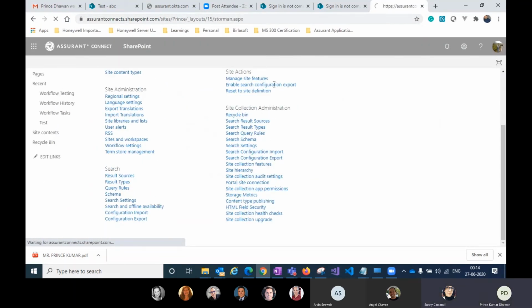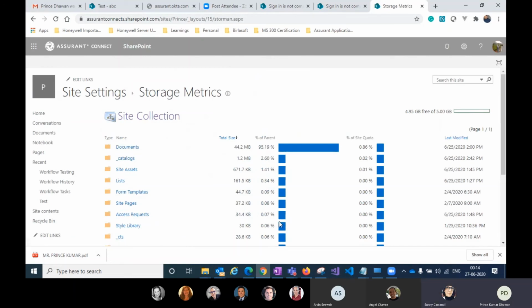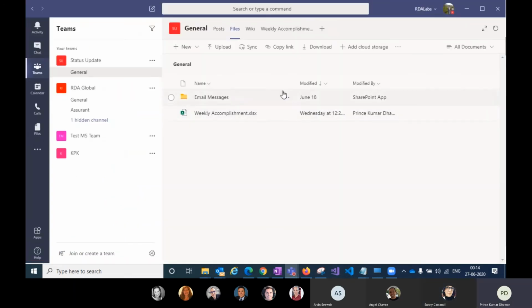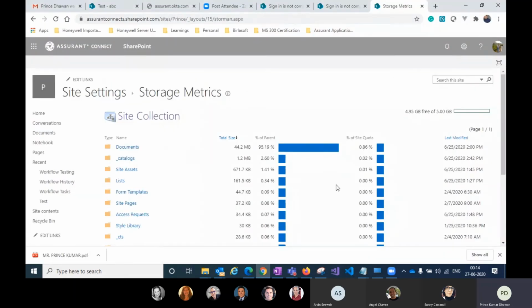Any SharePoint site which is available. So what happens is, if I click on Teams and click on Open in SharePoint, I'll go to Settings. I will have the option of checking storage metrics. Once I click on storage metrics, it tells me how much total space capacity I have today, and